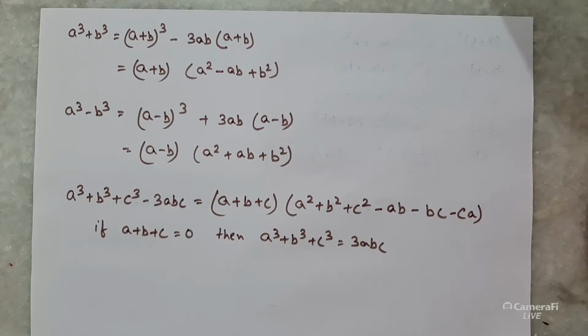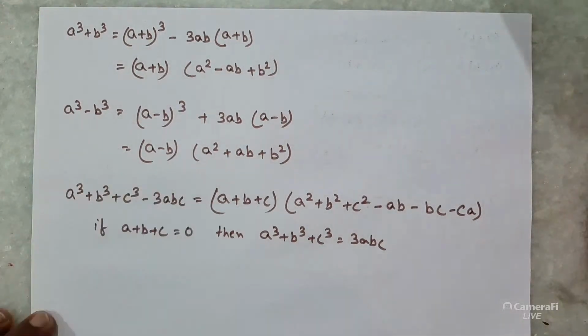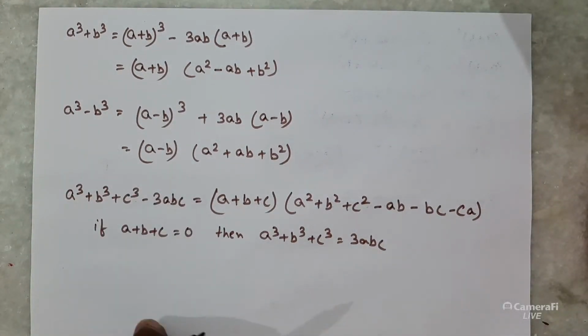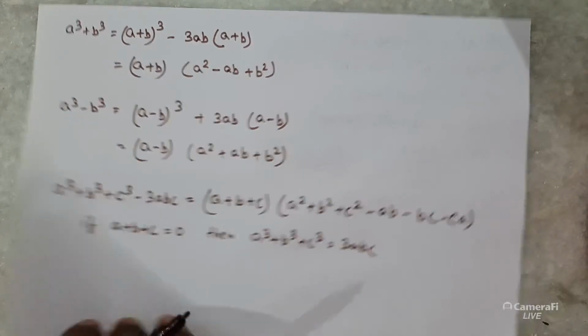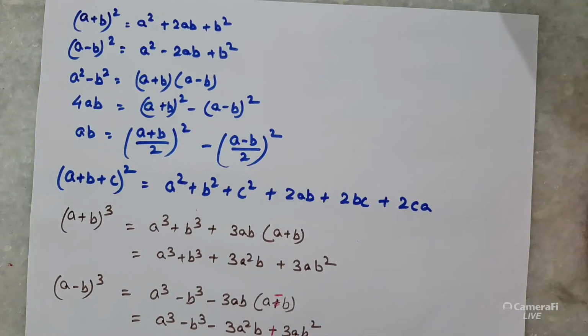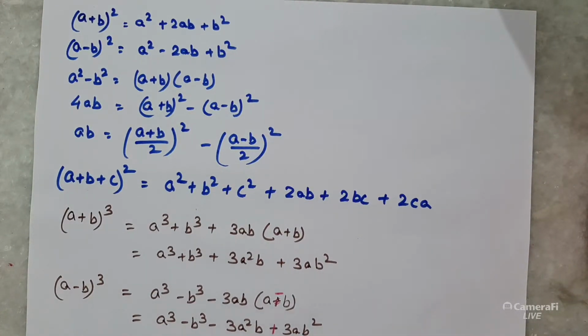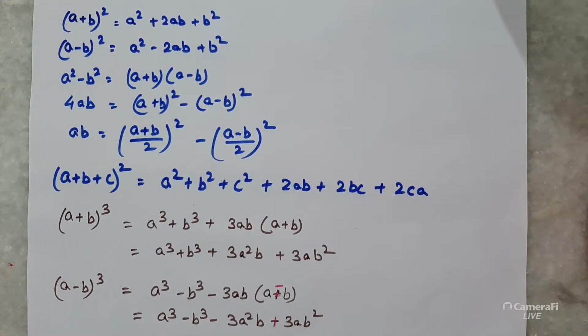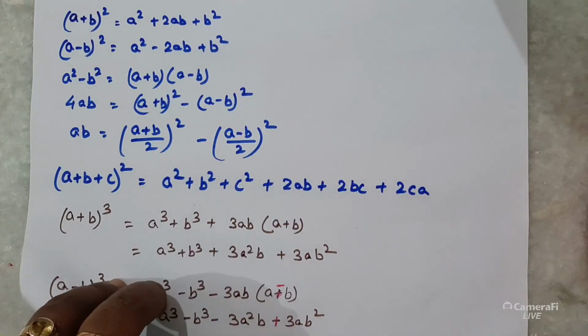Regarding some students saying to solve one polynomial, that is x plus 2 into x minus 1, I will solve it, no matter, first concentrate on today's class. Okay, so these are the algebraic identity formulas first of all. So you have to remember these formulas. Okay, you can write them in your copy. These formulas are the basic formulas that you will require in class 9. Okay, so these are the basic things.